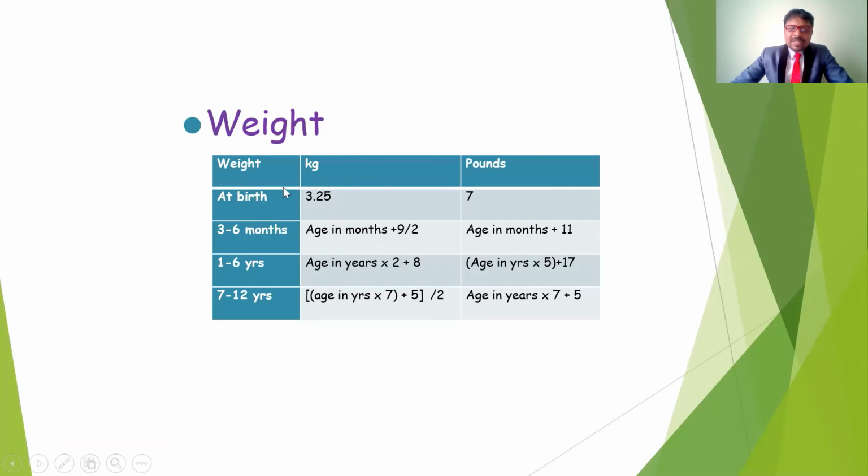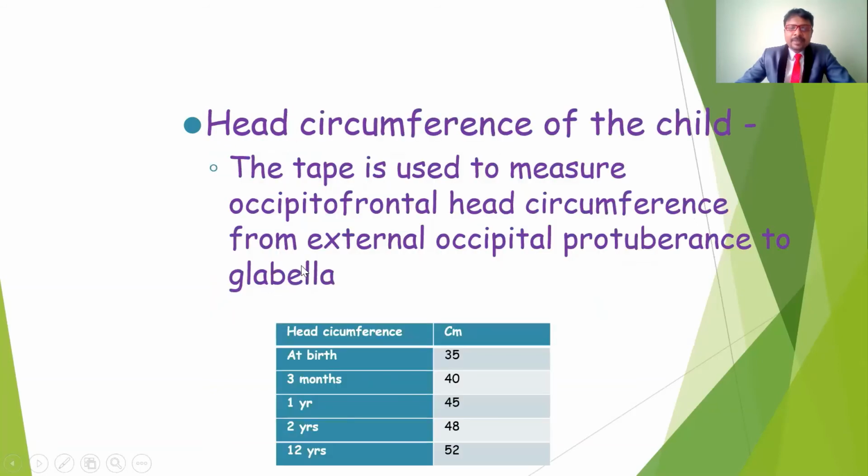So coming to the height, this is going to be the weight, in kg and pounds. These are also going to be according to the age group, so this height and weight is going to be altered. And also head circumference. This head circumference at birth time should be 35